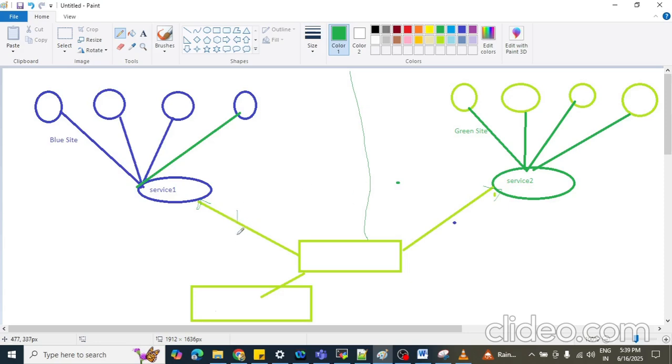Suppose we need to remove this particular blue site. Immediately, the load balancer which is pointing to service one, using simply one click we can change the label to service two. But it is very costly because we are creating the same number of resources on both the blue site and the green site. Due to this, the CPU and memory cost will increase.